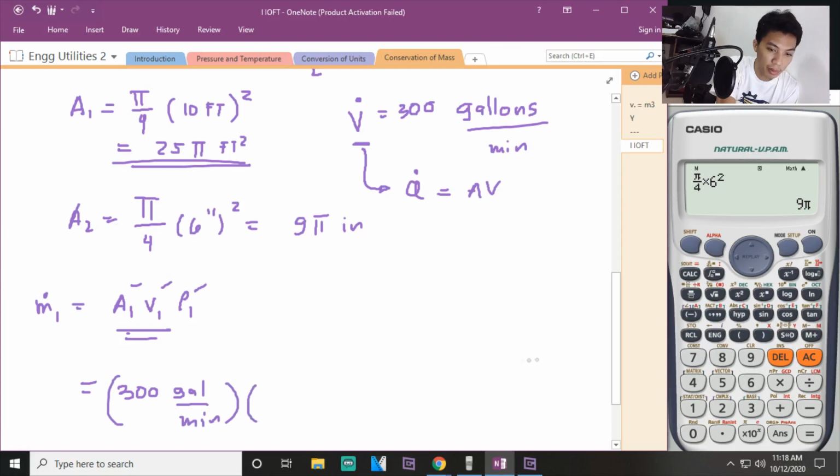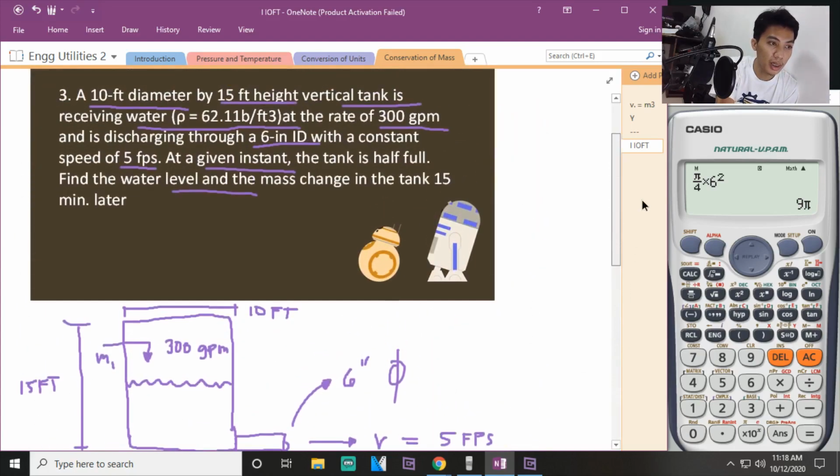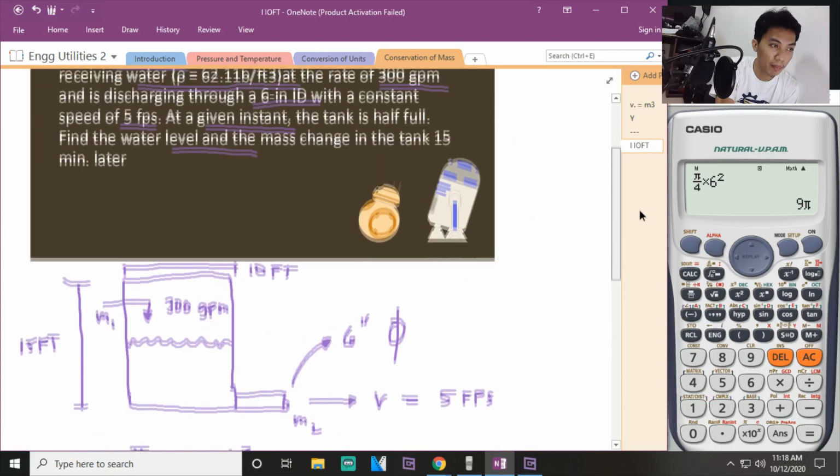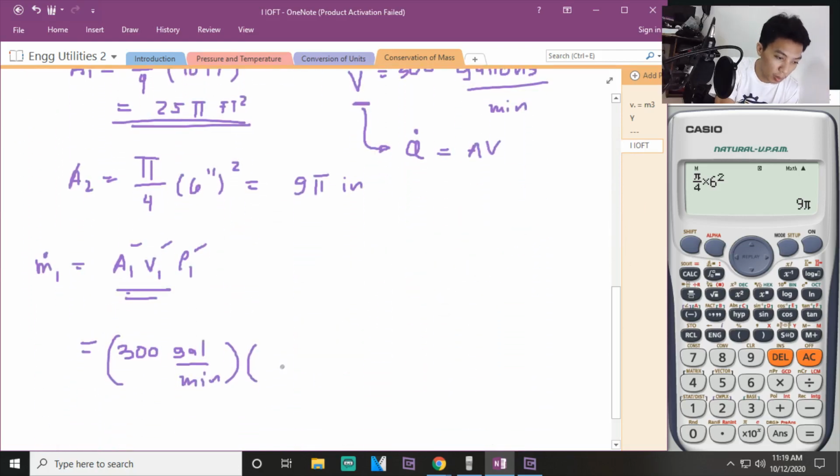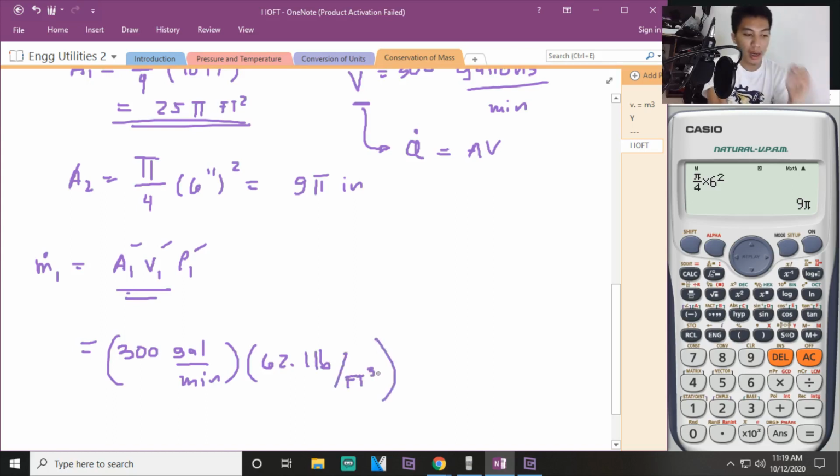Ano ba density mo dyan? The density is 62.1 pound per cubic foot. Hop! May napansin ba kayo? Sir, hindi natin makakancel si gallon. Yes. My friends, tandaan nyo that